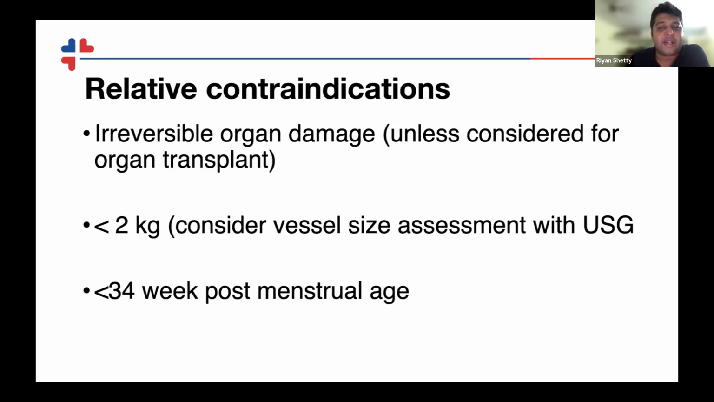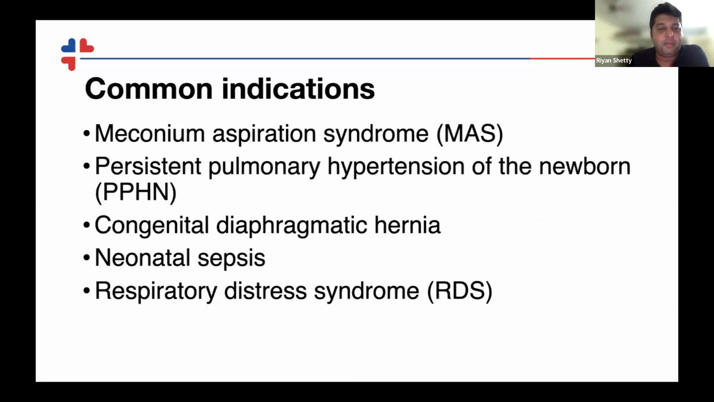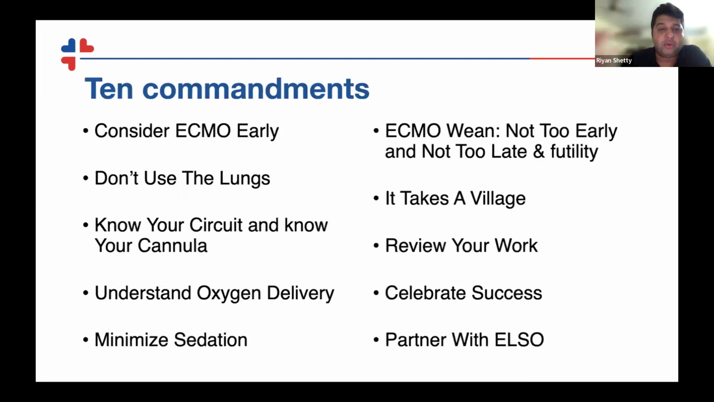Relative contraindications are some irreversible organ damage, less than 2 kilos, like I mentioned, and less than 34 weeks of gestation. Common indications, and one of the best indications for ECMO in all age groups, is meconium aspiration syndrome, with almost 95 to 100% survival, PPHN about 90% survival, congenital diaphragmatic hernia a poorer survival of about 60%, neonatal sepsis, and RDS. So coming to finish off my talk, there are 10 commandments I would like to tell